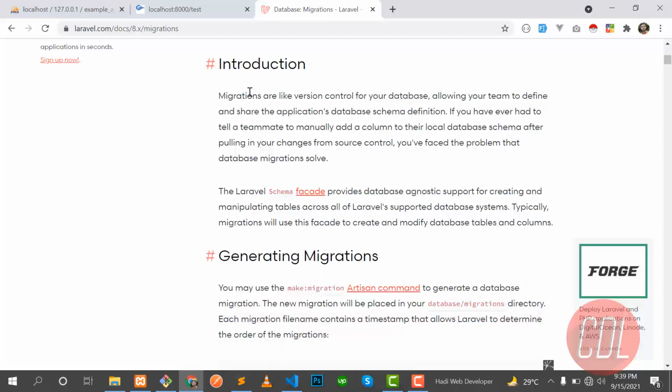So the first question arises: what is migration? Let's give it a read. Migrations are like version control for your database, allowing your teammates to define and share the application's database schema. If you have ever had to tell a teammate to manually add a column to their database after pulling, you know it's very hard. So migrations are useful to create your database tables, your columns, and all of your